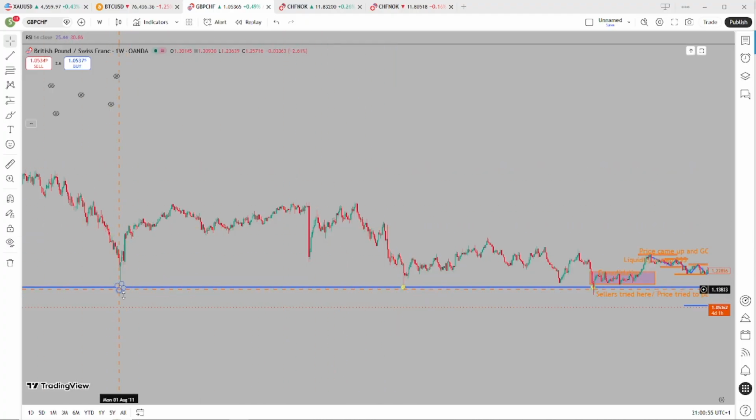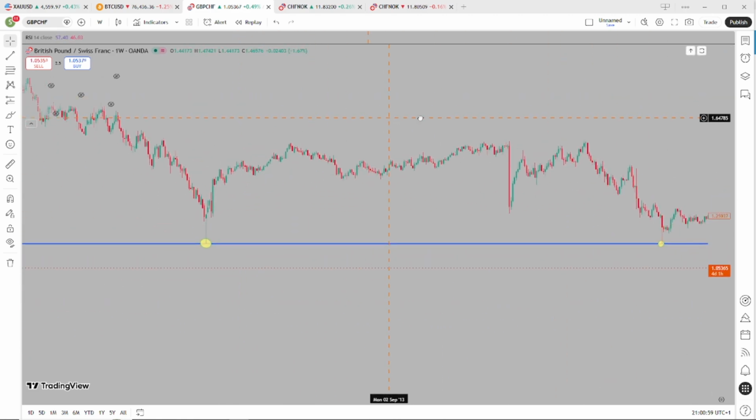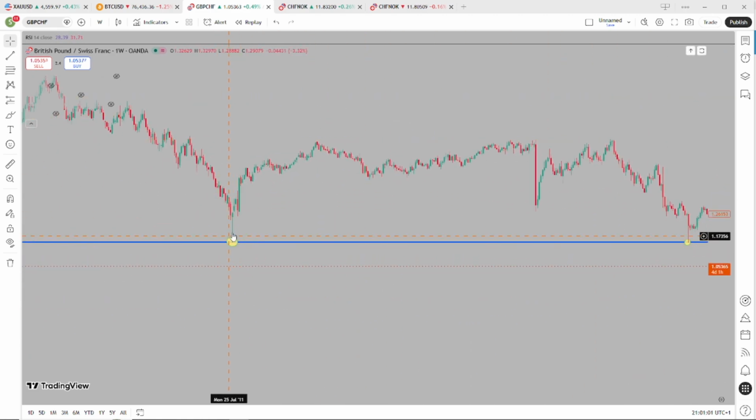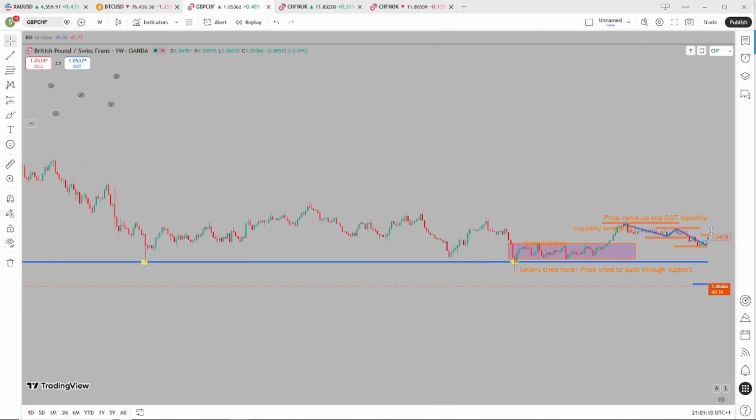Cool. This is why I've obviously marked these two, right? So price came down to here. It didn't close down there during this week. It closed up here, but the wick still touched. It didn't close down here during the week. It closed up here, but the wick still touched. This time,